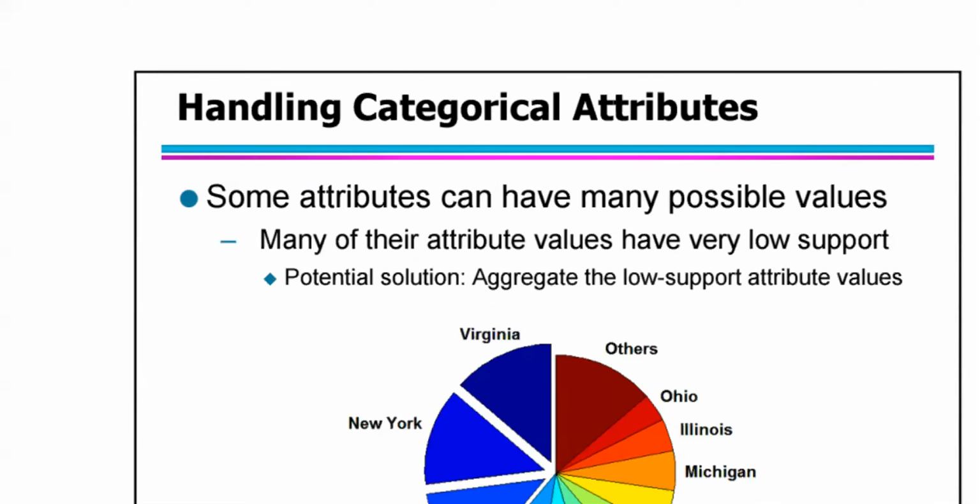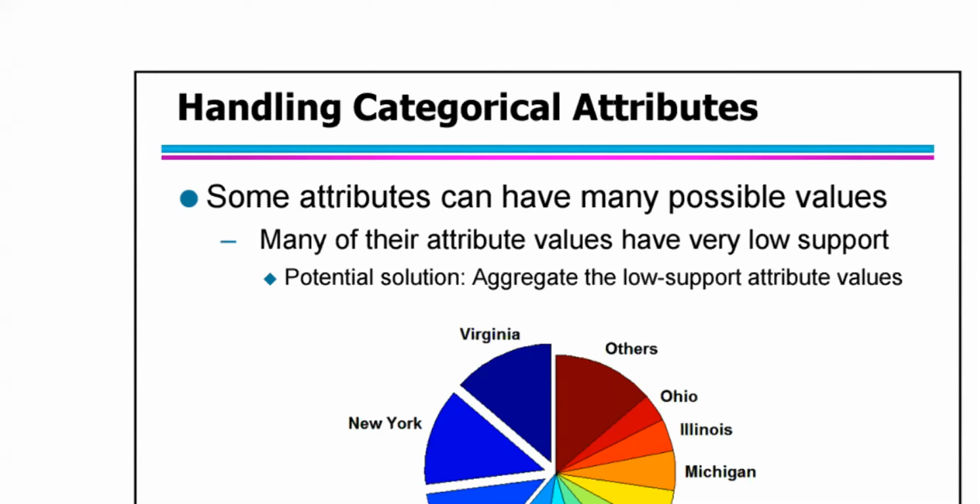First, some attribute values may not be frequent enough to be part of a frequent pattern. This problem is more evident for nominal attributes that have many possible values, like state names. Lowering the support threshold does not help, because it exponentially increases the number of frequent patterns found and makes the computation more expensive.